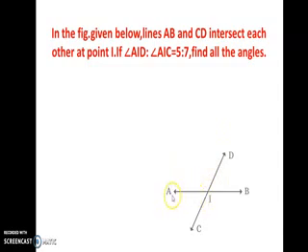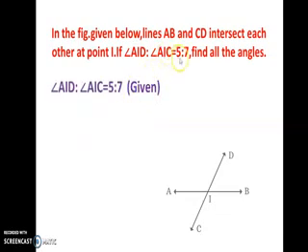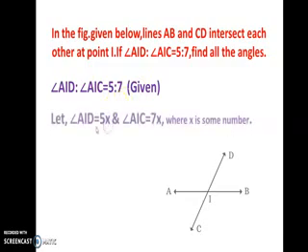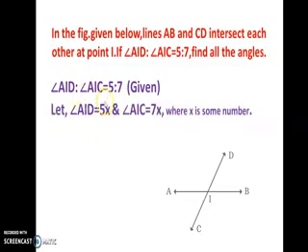All the angles means angle AID, angle BIC, angle AIC and angle BID. Here in this figure they have given that angle AID is to angle AIC is equal to 5:7. So now let us take this angle AID as 5x and this angle AIC as 7x,